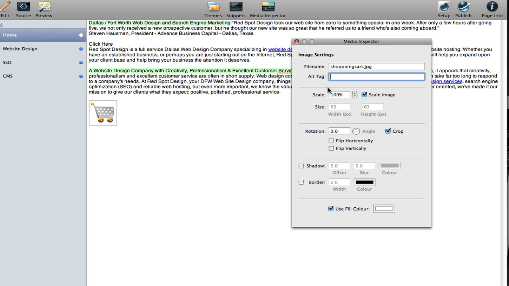And in addition, the alt tag, and so you could do something like shopping cart, or website shopping cart, maybe. A little bit descriptive with the alt tag, very short. You can use a keyword or two, but again, this is similar to a meta tag in that the search engines are wary of people slamming a bunch of keywords into an alt tag. So ultimately, it may not do a whole lot for SEO, but at the very least, it presents nicely on your website for visitors,